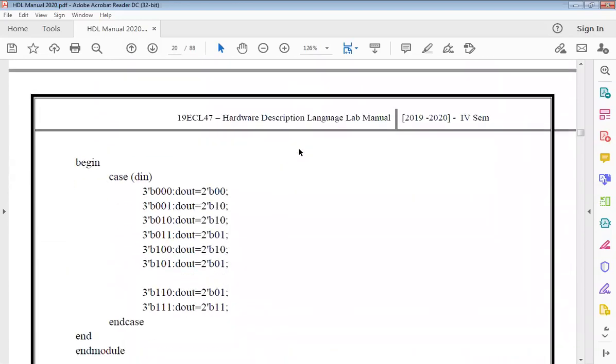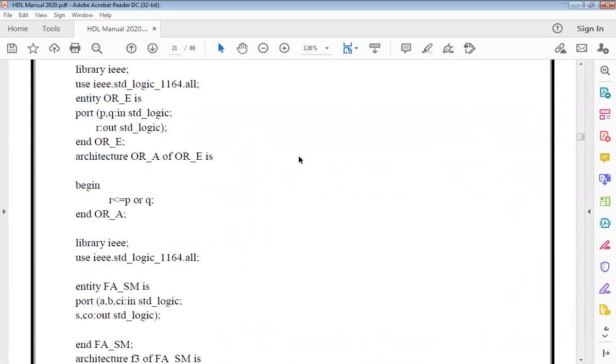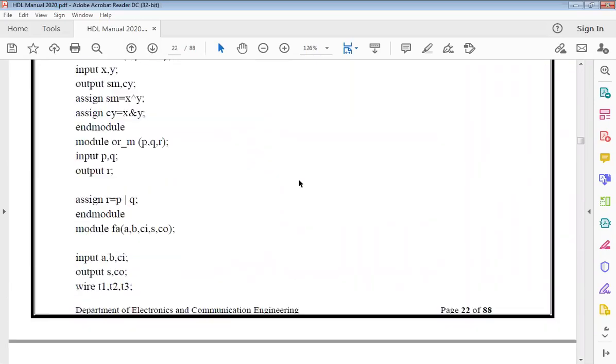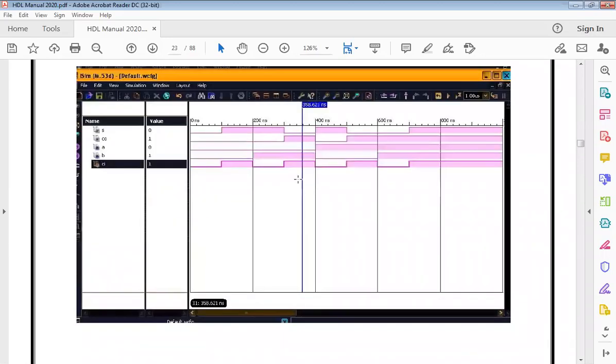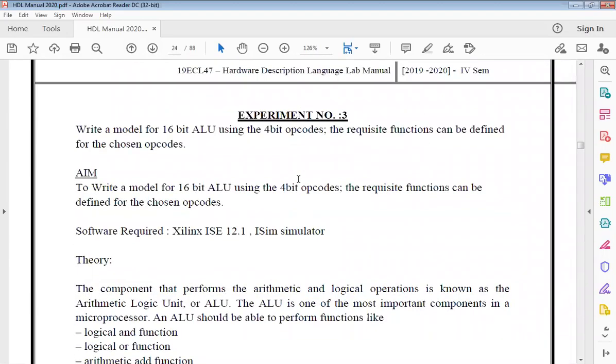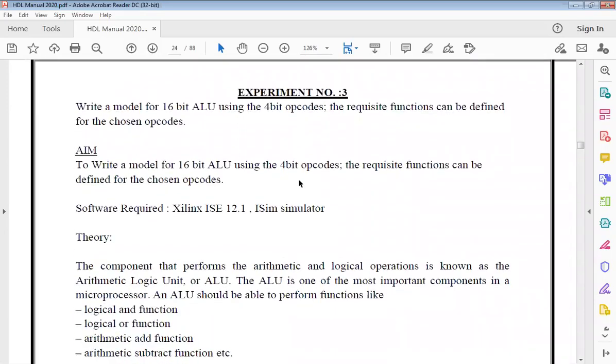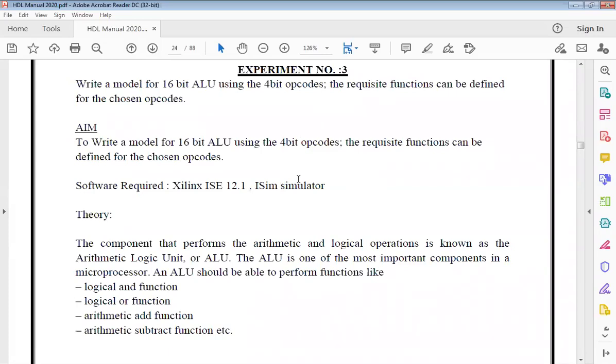So today we'll be looking into the next program, which is dealing with ALU. Can someone tell me what is an ALU? Arithmetic logic unit. Yes, so it can perform both arithmetic operations as well as logical operations.